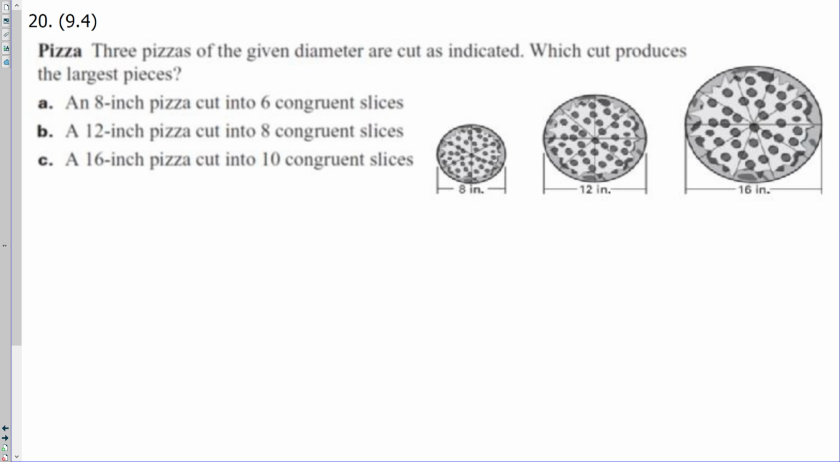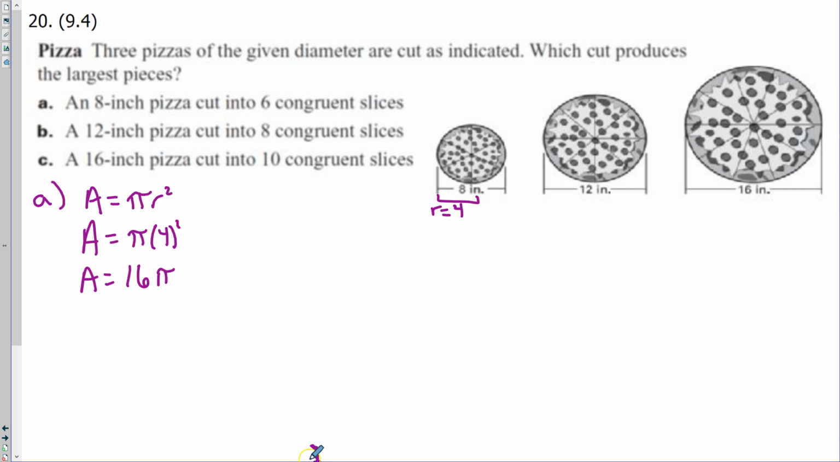So to figure out the largest slice, I need to find the area. So I'm going to calculate the area of each of these. So part A is the 8-inch pizza. So area of a circle is pi r squared. The distance across my pizza, the diameter, is 8. The radius is half that. So the radius is 4 here. So I'm going to plug 4 in as the radius in my formula. 4 squared is 16